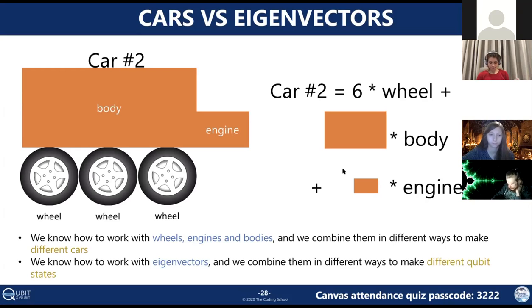So we can combine these eigenvectors to create different qubit states. And so if we're applying a Z gate onto a certain state, and we know that there's some component of that state that is an eigenvector of the matrix, we know it's not going to move that component of the state. But if there's another component of the state that is not an eigenvector of that matrix, then it will move that portion. So it's a convenient way for working with